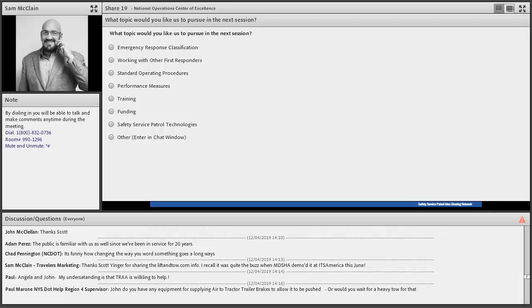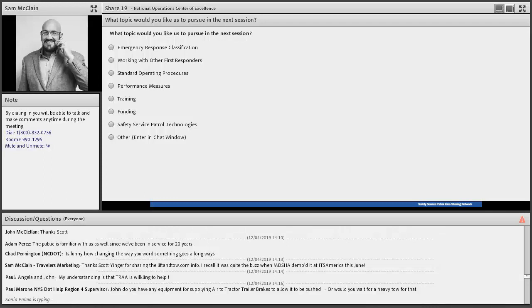So that's emergency response classification. The next would be working with other first responders, so taking a look at some best practices. We saw some chat today about working with towers. We could include those as part of this discussion as well, but also working with police, fire, EMS. How do you coordinate on a scene? How do you train together? All that goes into working with other first responders while you're out in the incident scene. And then standard operating procedures would be another option. This is one that we actually explored as one of our very first topics when we first started these sessions. So we can take a look back, see what might have been refreshed, hear from some different states about standard